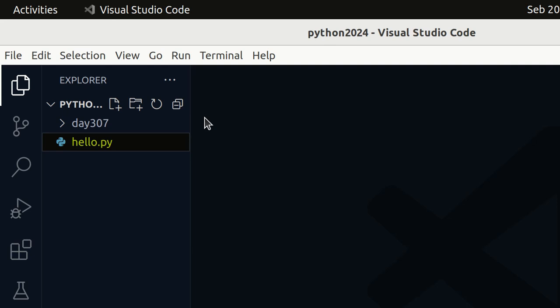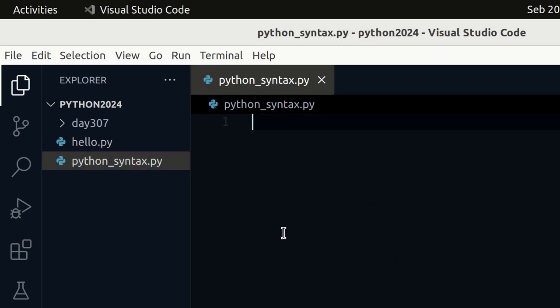What I'm going to do is create a new file, a Python script called python_syntax.py. I'm just going to start writing a print statement. This is going to be just a basic statement in this new Python file.